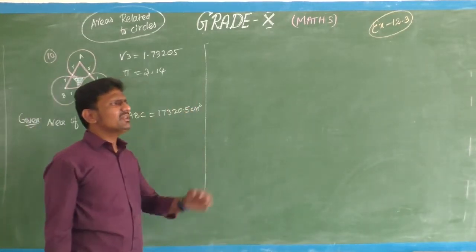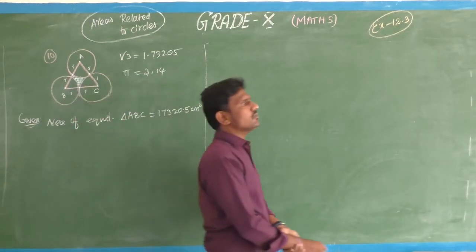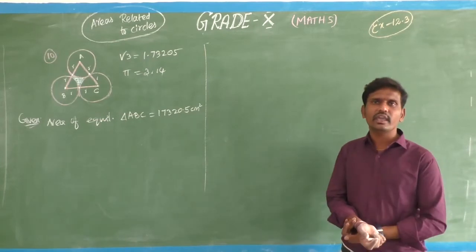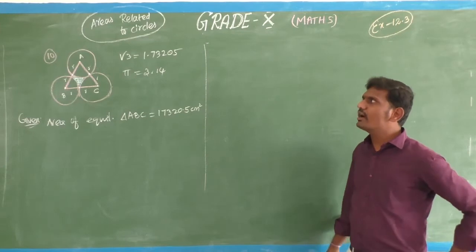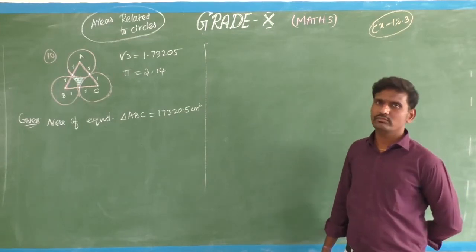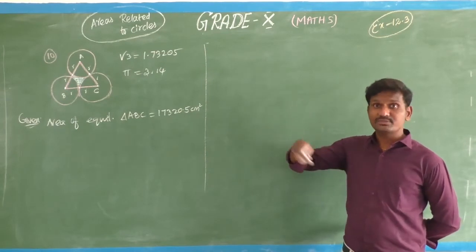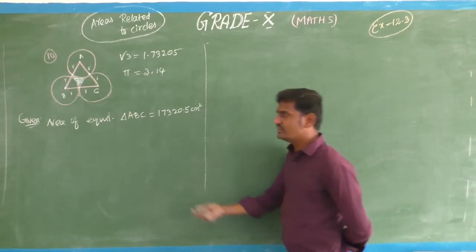See, in some other places we are using the root 3 value as 1.7 only or 1.732. It is based on the questions. But in this question we want to use root 3 equal to 1.73205, because it is an irrational number. We have an uncountable number of decimals. It is non-repeating. You know. Yes, students. Okay. Let us come to this question.